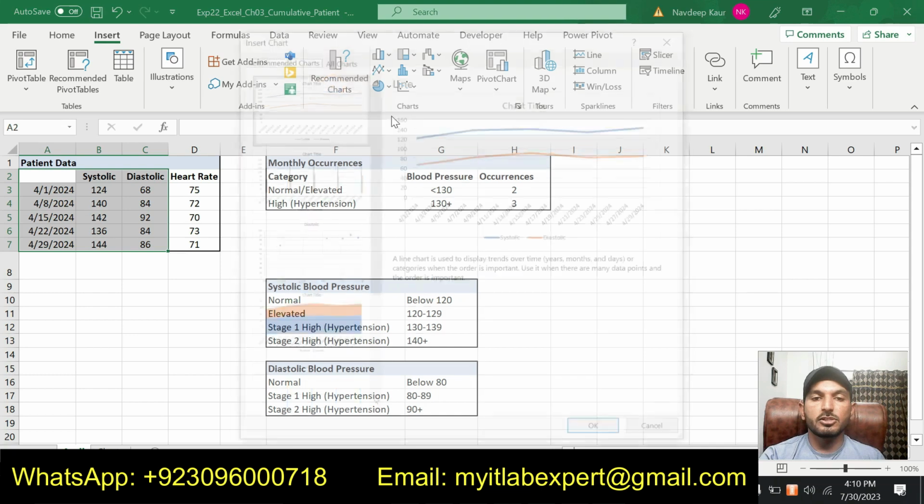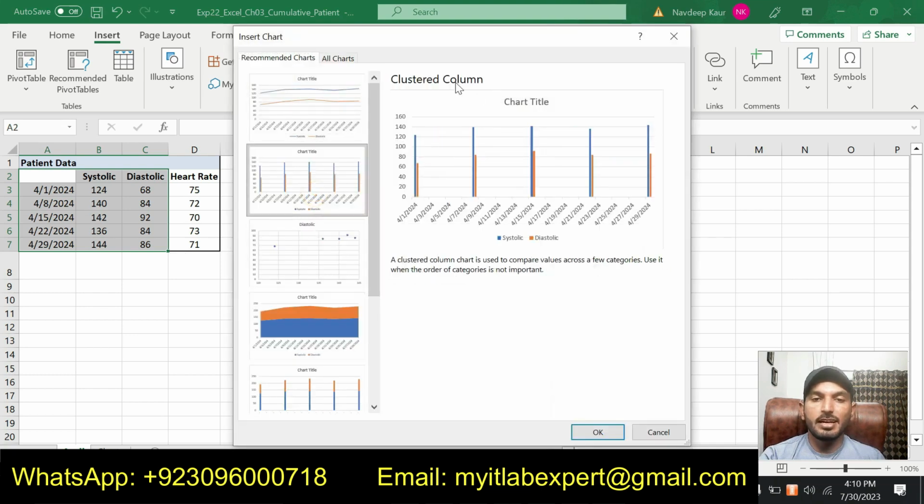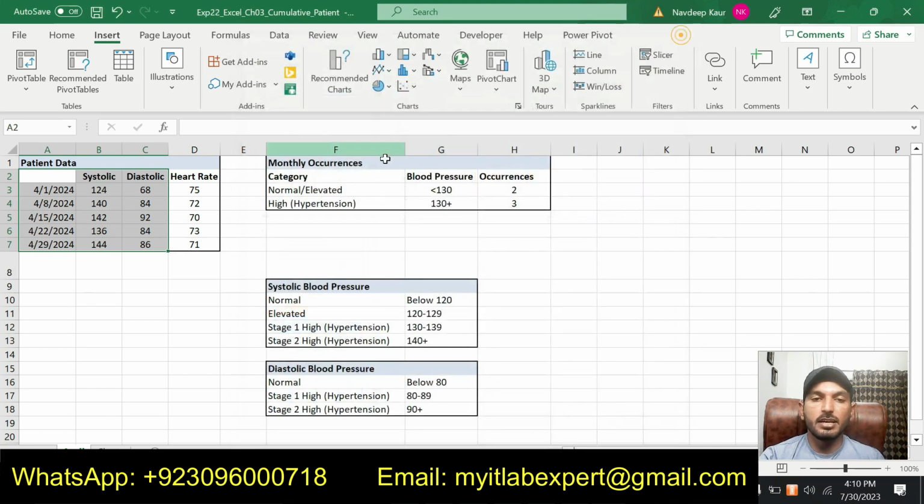and click on Recommended Charts, and you will get a clustered column chart from here as well. Let me look for this one.